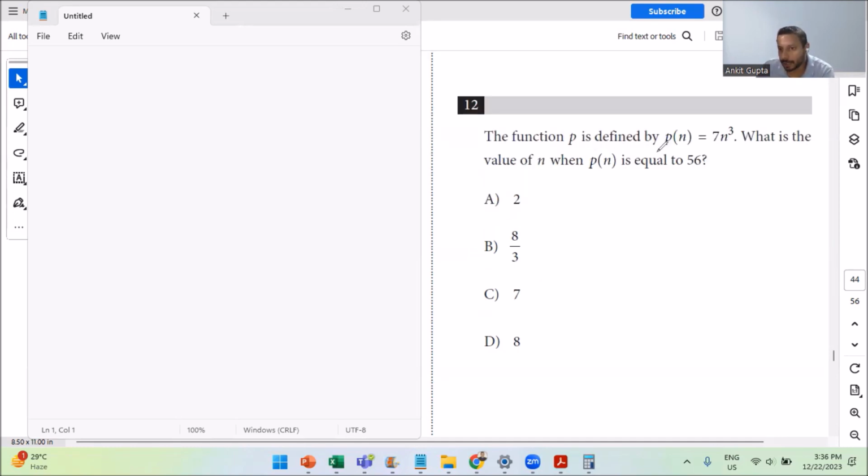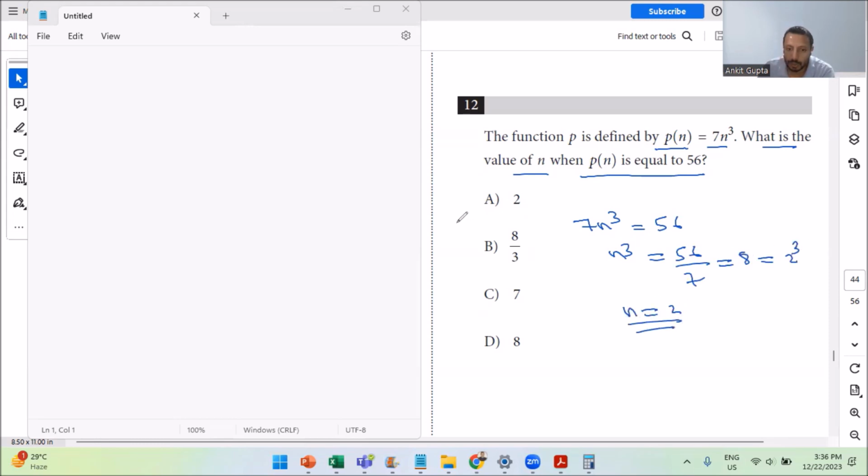The function p is defined by p of n is equal to 7n cube. What is the value of n when p of n is equal to 56? So we know that p of n is equal to 7n cube and it is equal to 56. So n cube will become 56 by 7 and that will be equal to 8. And we know that 8 is 2 cube. That means the value of n will be 2. So answer will be